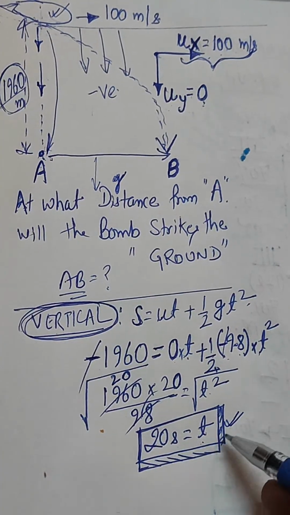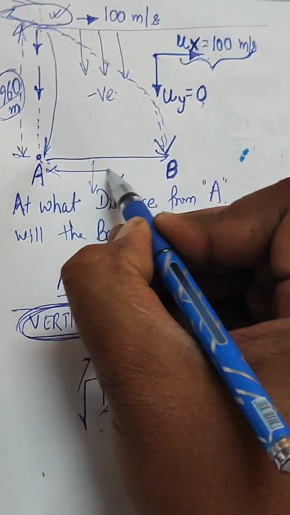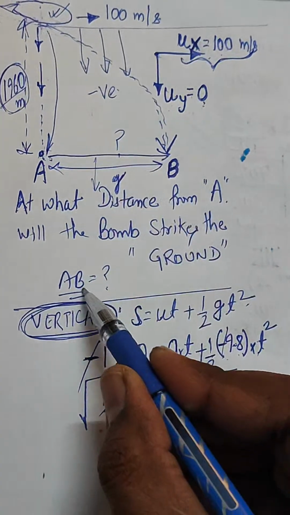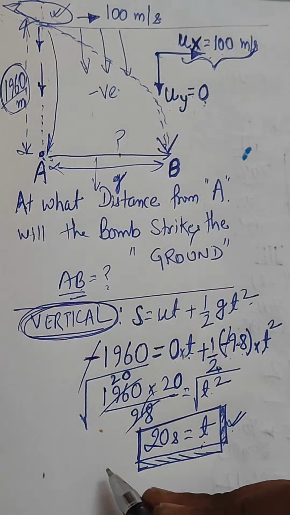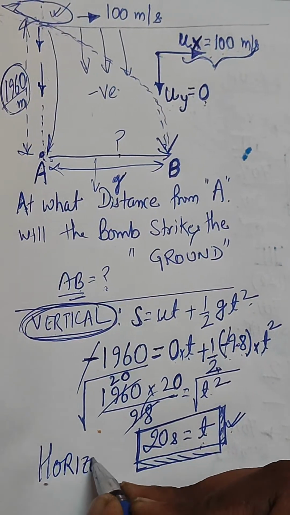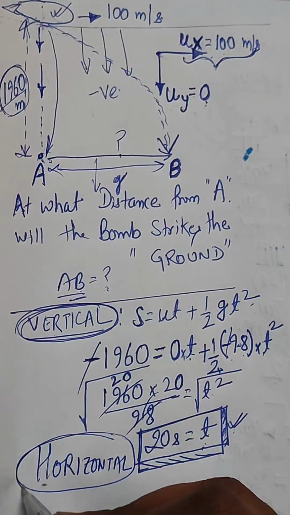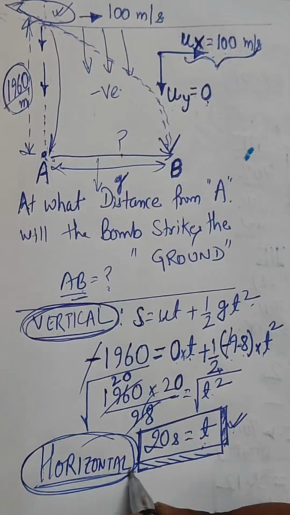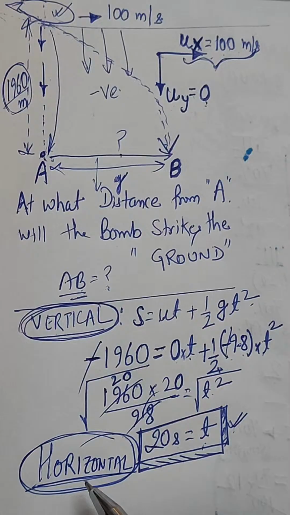Now if you got the value of t, what is the problem in calculating this distance, my dear friend? What is the problem? This is the requirement, the distance AB. Simply, for the horizontal motion, what are the things happening for the horizontal motion? Simply,